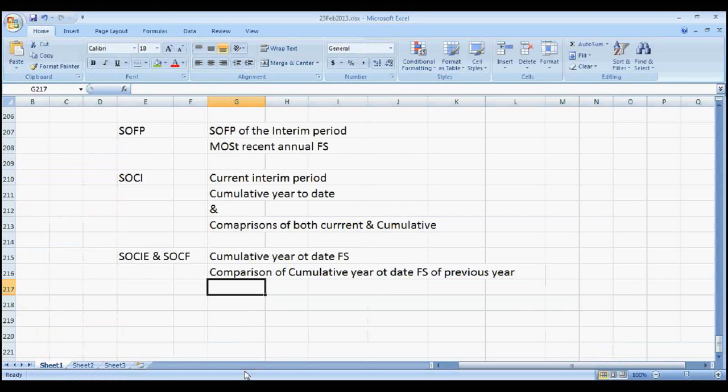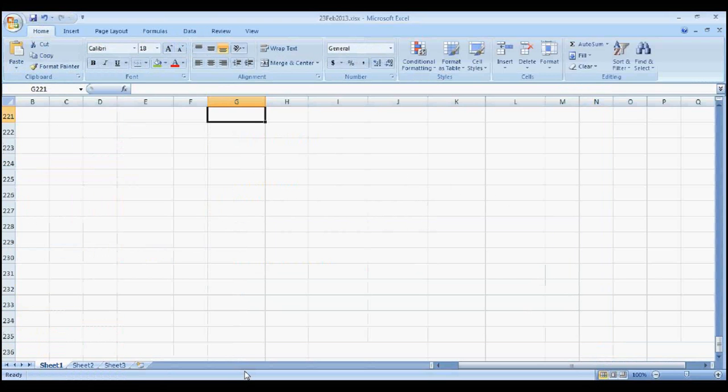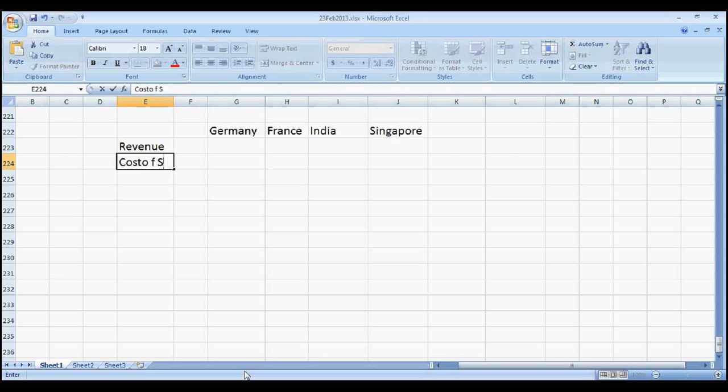Suppose you are presenting segmentation done on the basis of countries. I may write Germany, France, India, Singapore, whatever revenue and cost of sales I am generating from these countries. I may have 50 other countries whose revenue may not be significant. Can I show all the 50 countries together here? I'll see what is important to be shown on the face of the balance sheet. You can club all others as other reportable segments.